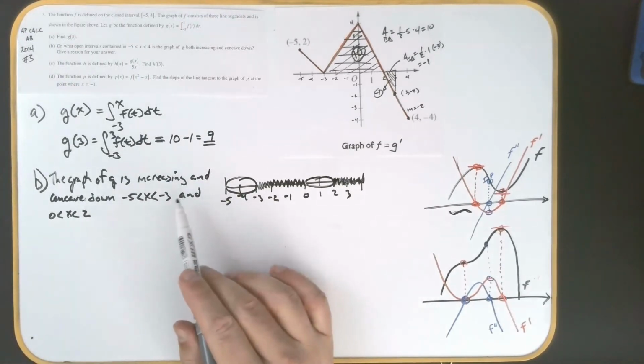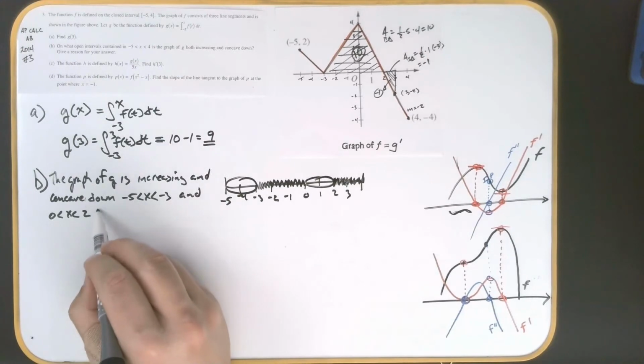The graph of g is increasing on those intervals, then we have to explain why. Because